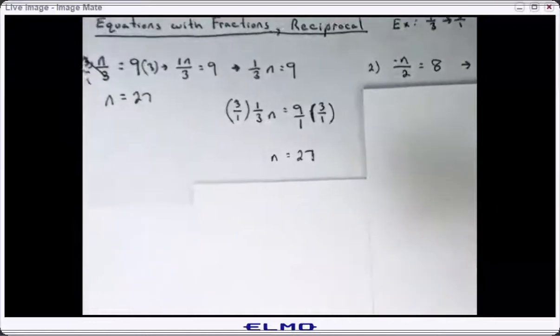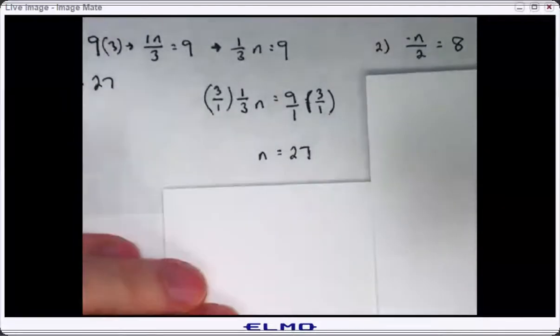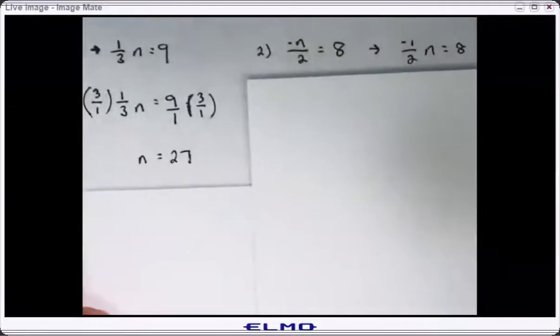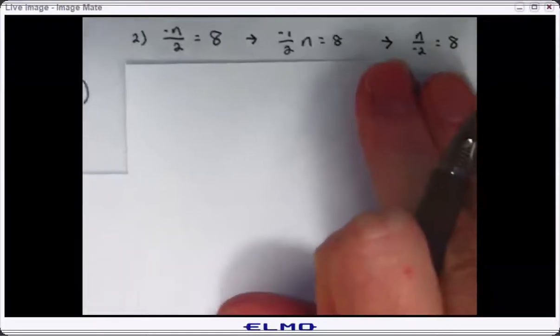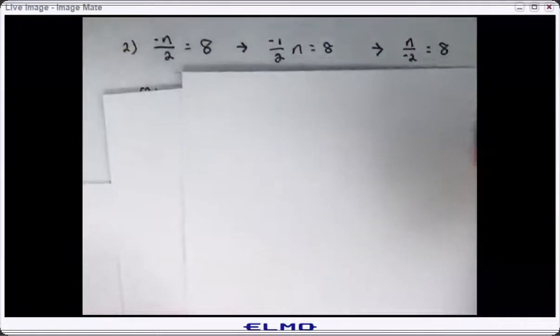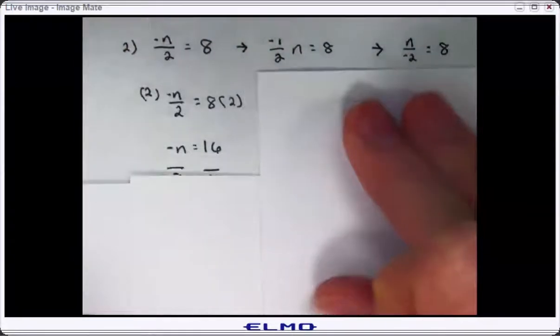If I have negative n over 2 equals 8, I need to understand that that is the same thing as negative 1/2 n equals 8. It is also the same thing as n over negative 2 equals 8. All of those are the same. If I solved it this way,